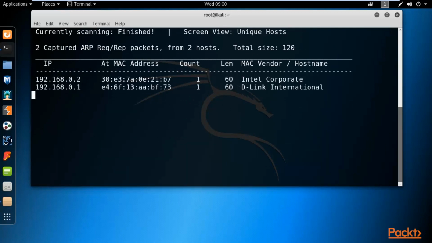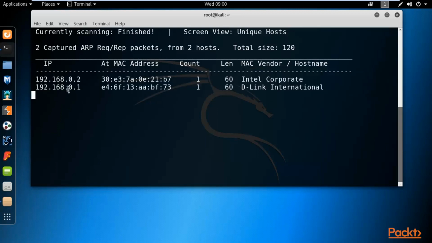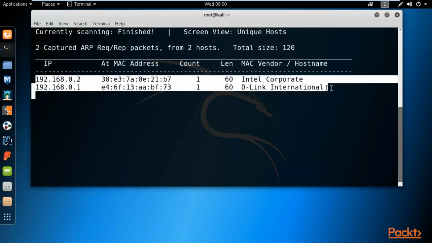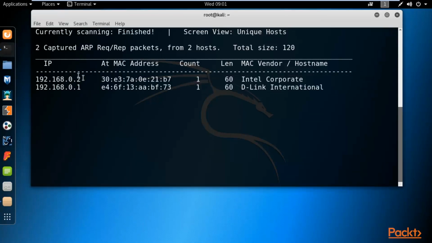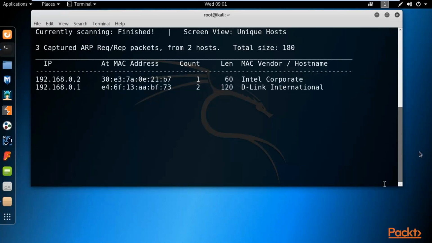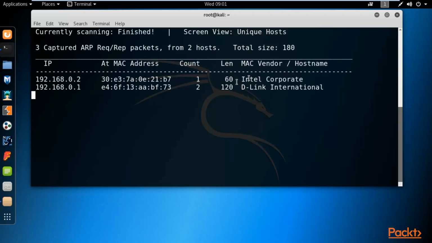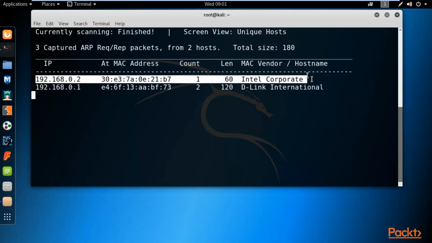You can see here that it is showing me only 2 machines available. My first machine is basically my Kali Linux, but it is not showing the machine which you are working on. That's fine, because I know my system details, so .7, which is my Kali Linux, is not available here. Other than that, you can find .2. .2 is basically my main operating system, Windows, and you can see Intel is written inside the MAC vendor. So this is my Windows 10 main operating system.